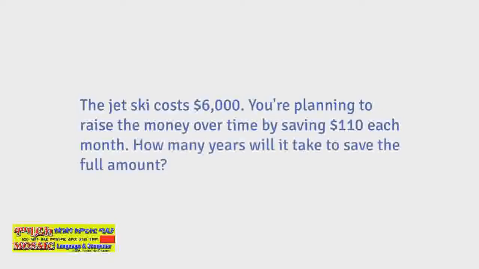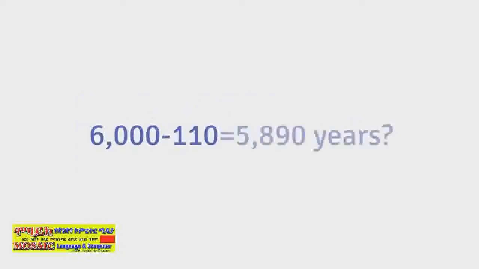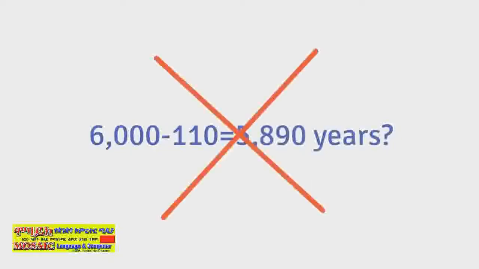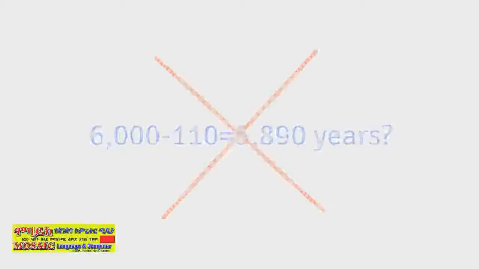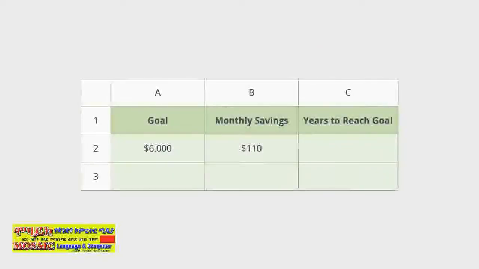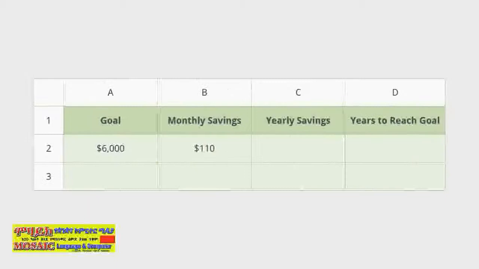Even at a glance, you can tell this problem is a little different from the last example. For one, it's going to take more than a simple subtraction formula to figure it out. Let's try breaking it down instead. We are talking about how many years this is going to take. Maybe we should figure out how much we can save in a year based on what we're setting aside each month. The formula might look something like this. Monthly savings times the number of months in a year, a simple multiplication problem. And the answer is, not too bad,